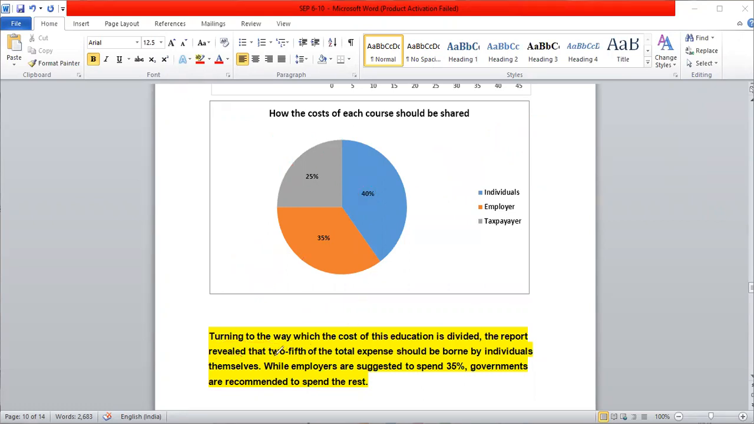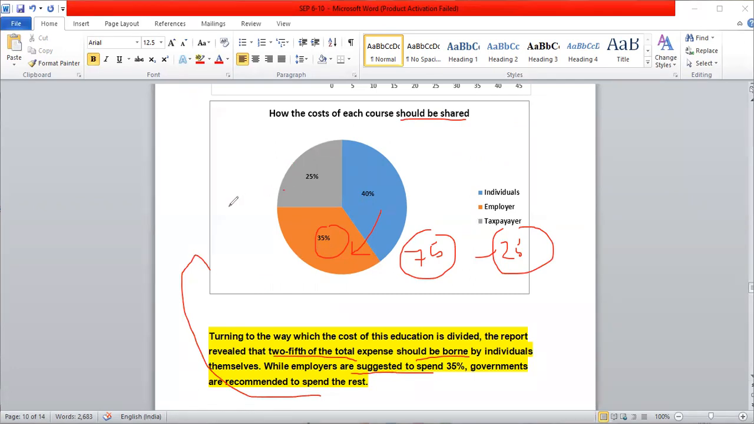So that's why we use 2/5 of the total expense should be borne by individuals, should be shared, should be borne. While employers are suggested to spend 35%, governments are recommended to spend the rest. So 40 plus 35 is 75. So we have only 25% remaining. So I don't need to mention that 25% here. So I can say spend the rest. Okay. So if 3 things are there and 2 things are already given, I know what is the proportion